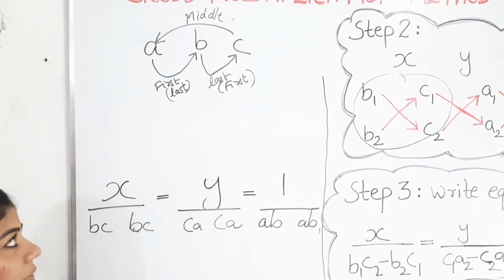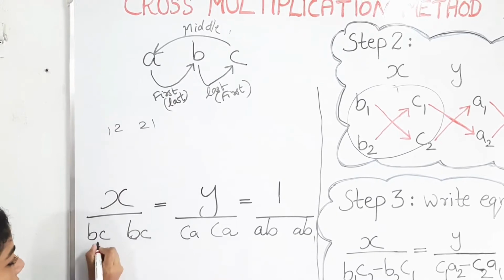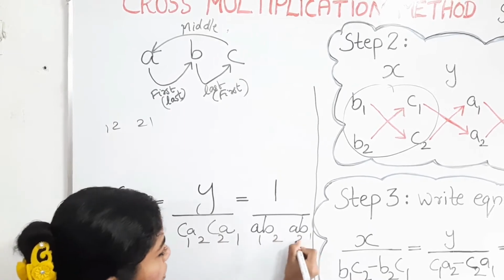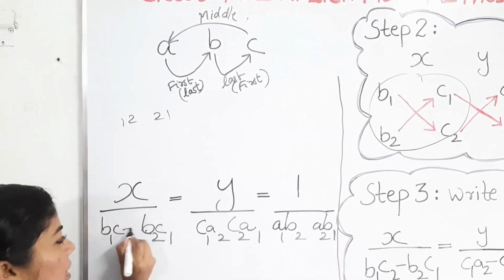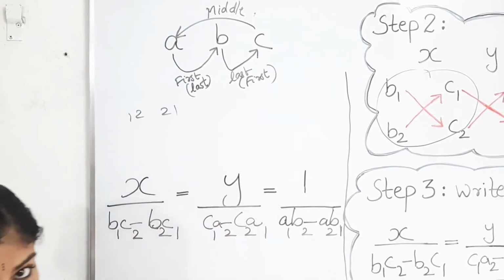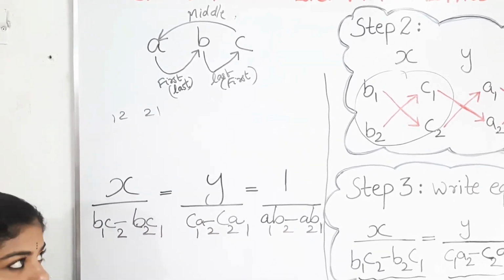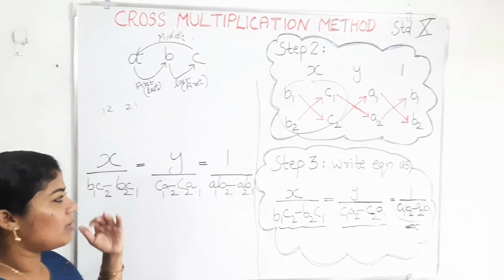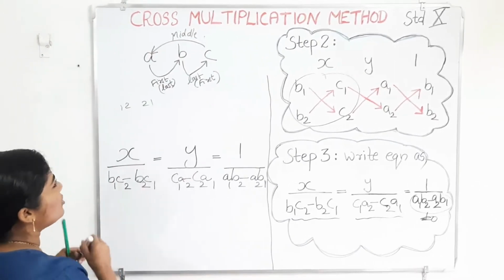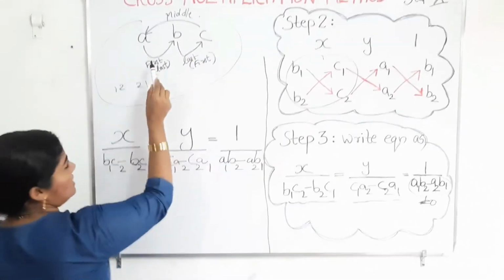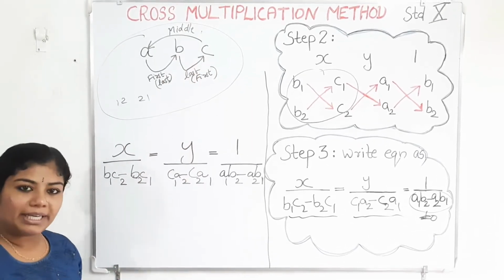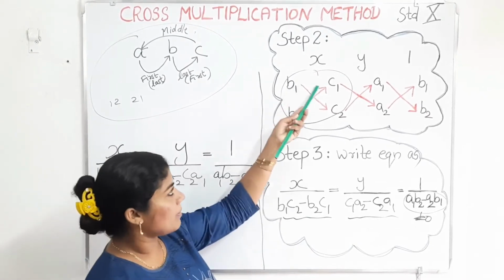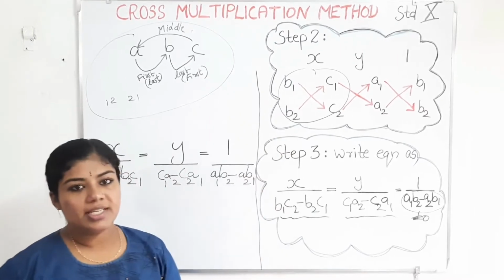CA. Then just remember 1, 2, 2, 1 only. So you can write 1, 2, 2, 1, 1, 2, 2, 1, 1, 2, 2, 1, and in between you can give the subtraction symbols. As I said, it's very simple if you know the pair of linear equations. Just remember this 1, 2, 2, 1 and ABC: first one last, last one first, and C in the middle. Then you can directly write step 3, even if you skip this step.